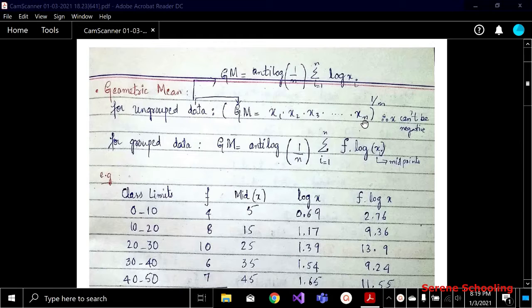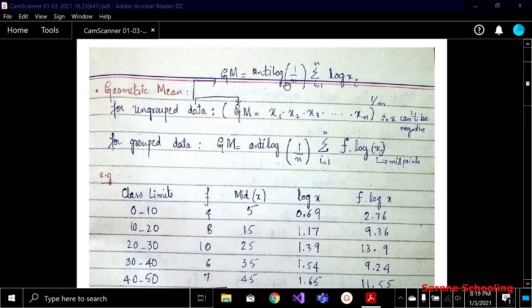But in this formula there is some problem, like x cannot be negative. If x becomes negative and you take its nth root in a calculator, a math error occurs, right? Because this is not possible inside the root. So in that case we have to get some other formula to accommodate this problem. To get rid of this, we have the other formula.